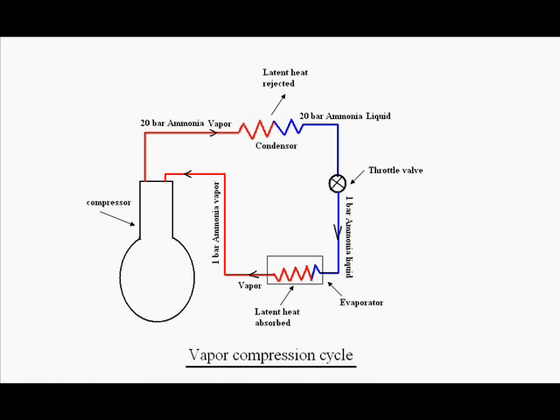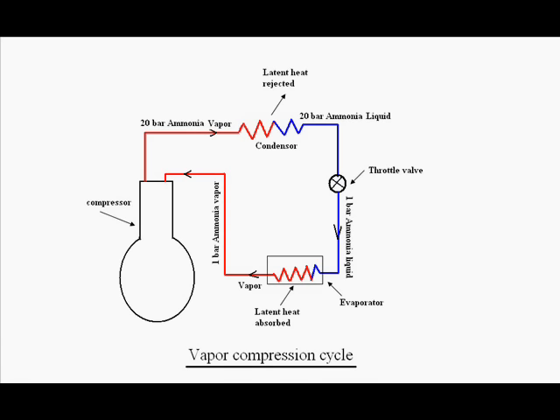The job of the throttle valve is to reduce the pressure of the refrigerant. Here we are using ammonia as a refrigerant, so the pressure is reduced to 1 bar. We can see 20 bar ammonia liquid is reduced to a pressure of 1 bar ammonia liquid. At 1 bar we know that the boiling point of ammonia is minus 33 degrees centigrade. So what will happen? It has to vaporize. Now it is sent to the evaporator. In the evaporator it takes the latent heat from its immediate surrounding and vaporizes, and this vaporized ammonia is sent